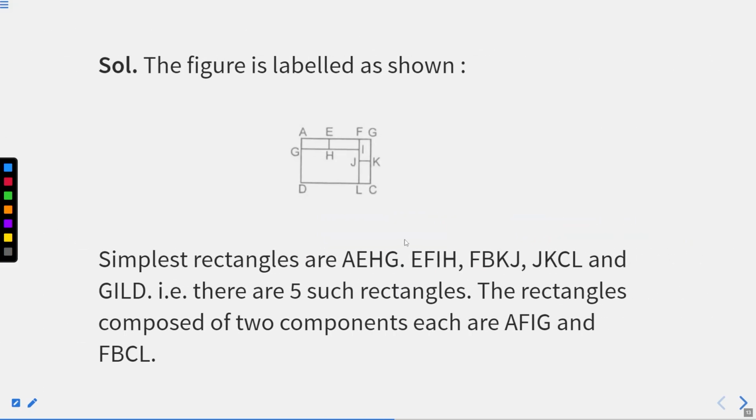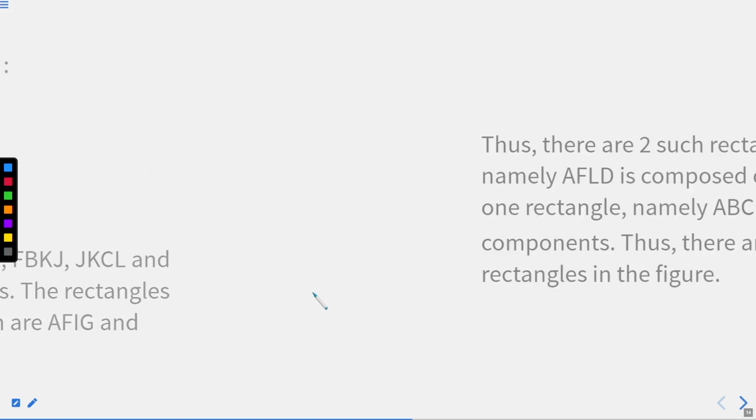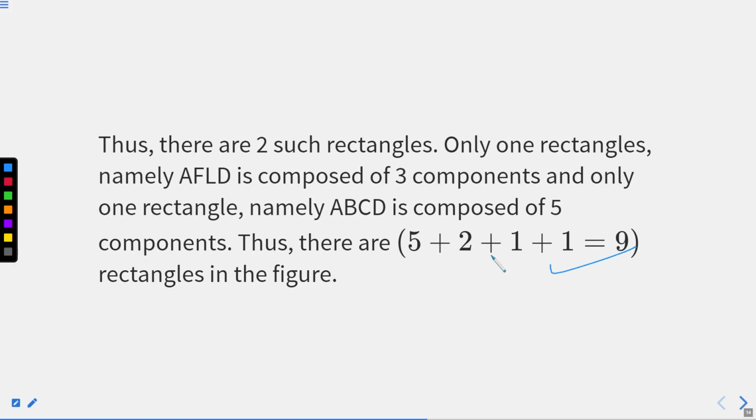The second approach is the naming approach. For that, what we are doing, we are finding all the vertices that we are using, right? So here we have 7, 8, 9, 10, 11, 12 and 13 vertices. Total of 13 vertices are there, which form total of 9 what? Rectangles.